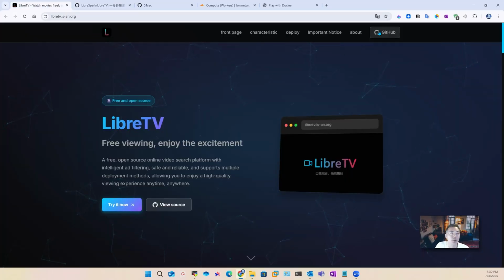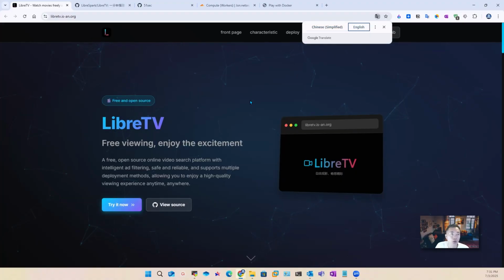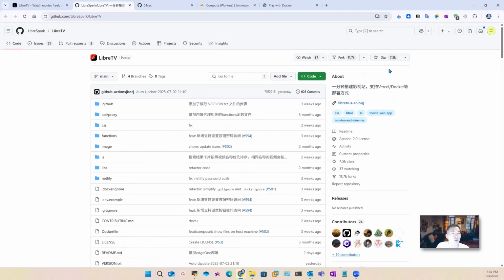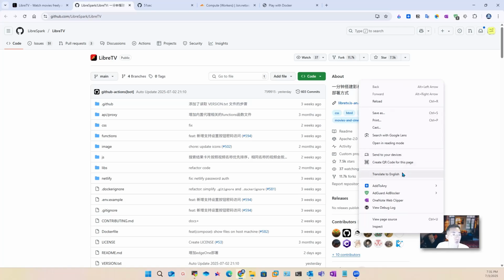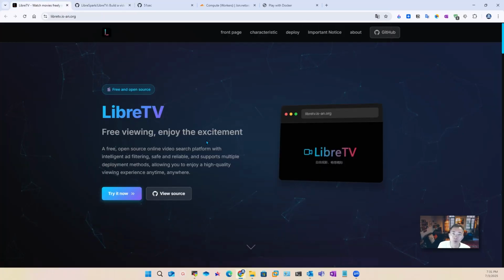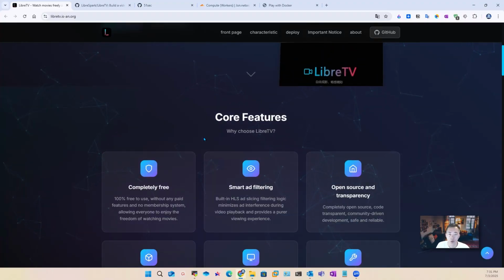So this is their website. They have a Chinese version, but you should be able to use Google Translate to translate it to English. Same as GitHub, it's only Chinese right now, but to make it simple, you can quickly translate it to English to understand it. The main thing I like about this project, not only because of the function, which aggregates multiple video sources, and then you can search the videos from those aggregated websites, and then you can watch